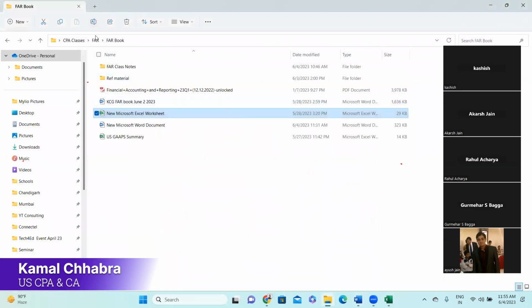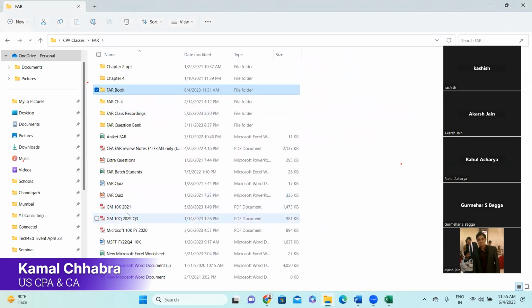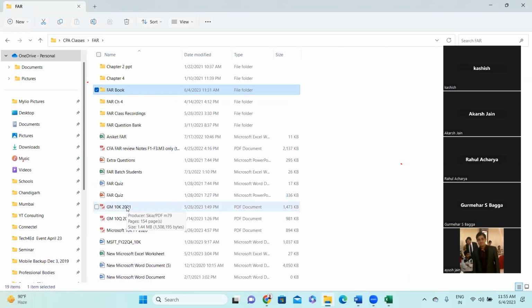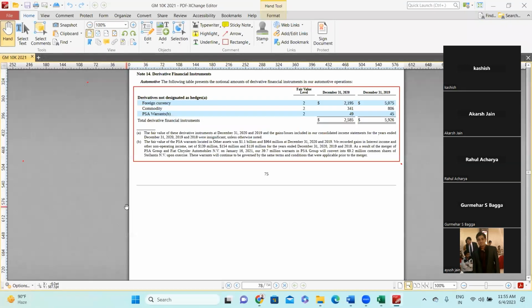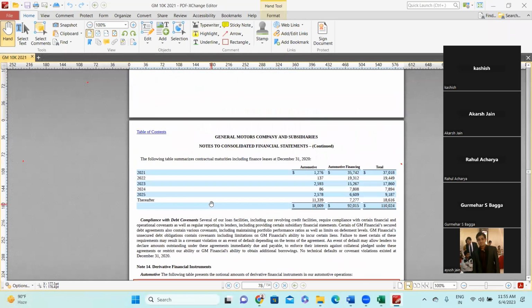Do you remember I have shared this? I'm not sure whether you have seen this or not, but if by any chance you have gone through this financial statement which I shared with you,